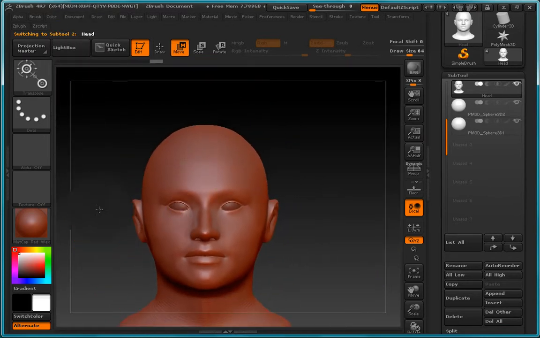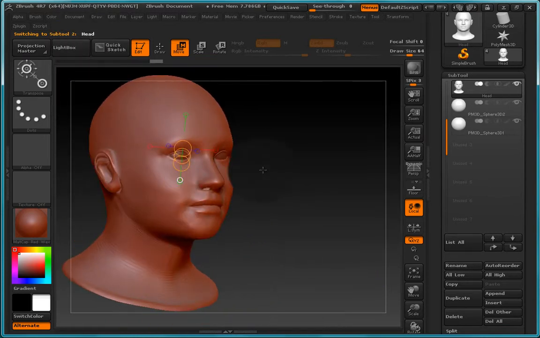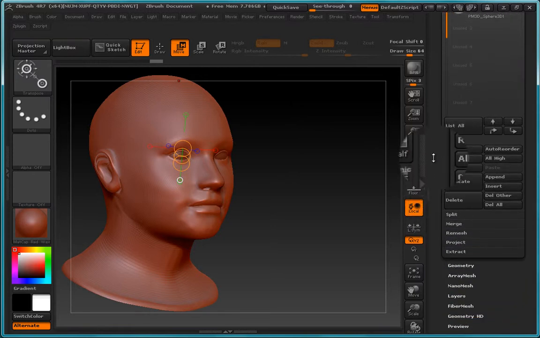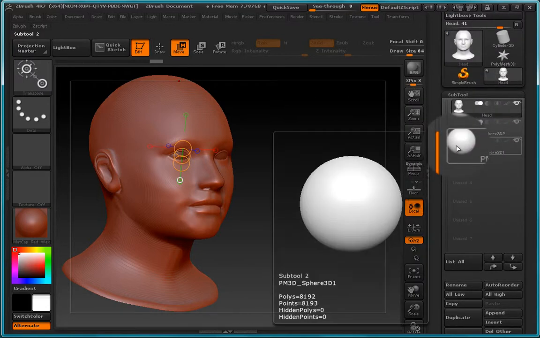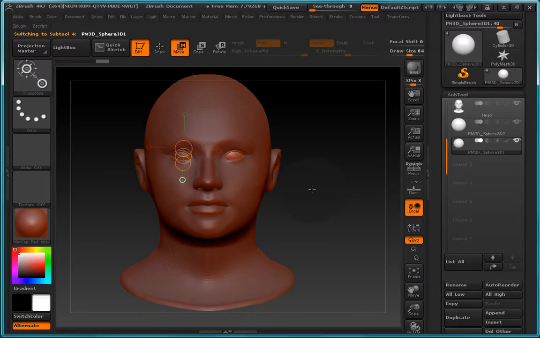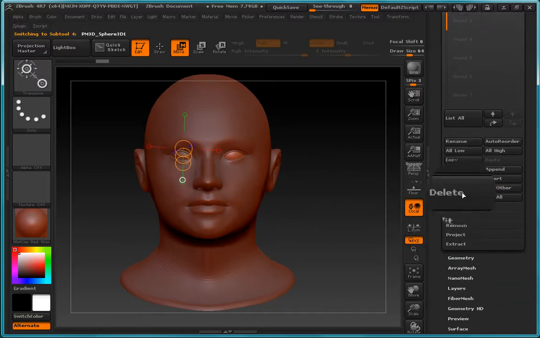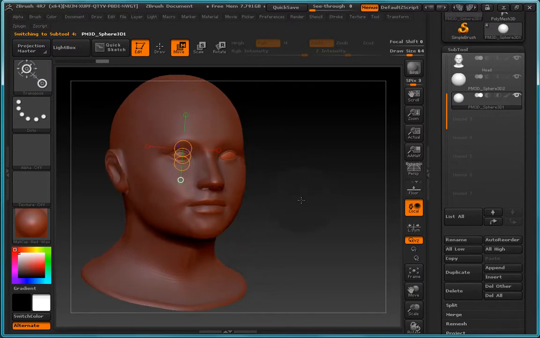So that's basically the ins and outs of using the subtools. If we look underneath here, you can see we have a bunch of other options. We can copy things, we can delete them. And if we wanted to remove this eye, we'd select it, go all the way down here and press the delete button. So that's the basics of the